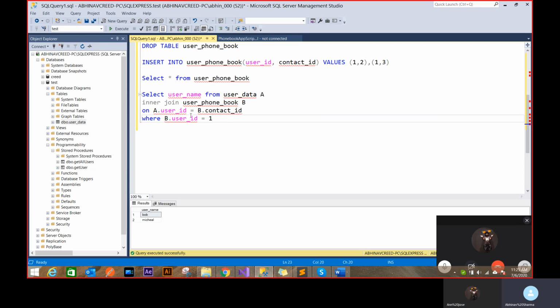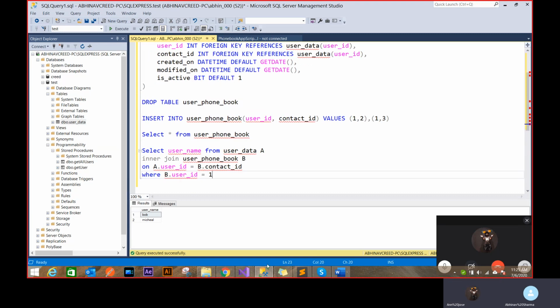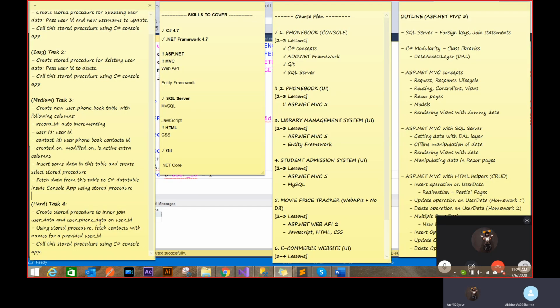Generally, for getting a right with the way the whole system works, we use inner join with primary keys. So this was your fourth task. And again, now the last part, C sharp connection and C sharp connection through procedure, you can do that now.